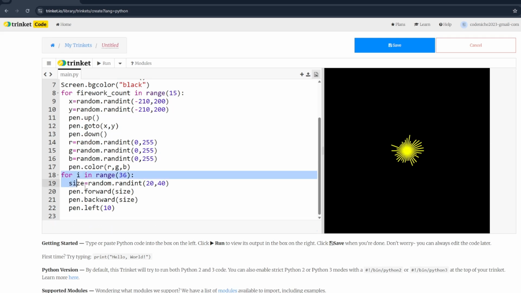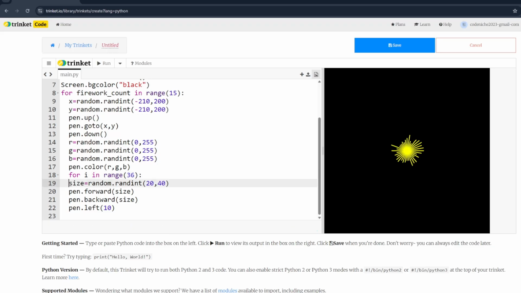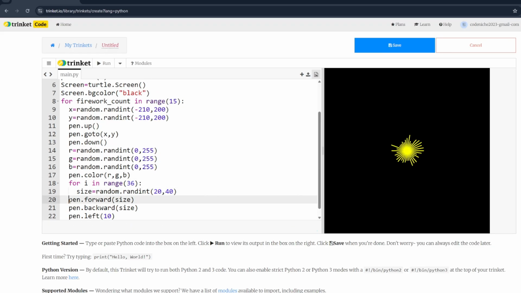Now if you remember, this second loop is responsible for drawing the firework. If I want this loop to be used again and again, I will have to make sure that I place it inside this outer loop, which is having the firework count variable. Now make sure to fix the indentations. It is really important, because if you want this loop to run, your outer loop should run first. What is the meaning of outer loop? This is your outer loop, which will repeat the firework. However, the inner loop is actually responsible for creating the firework. So you can use a hashtag and say loop responsible to draw a single firework. Okay, so this is to draw a single firework.